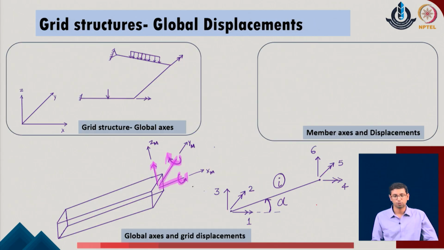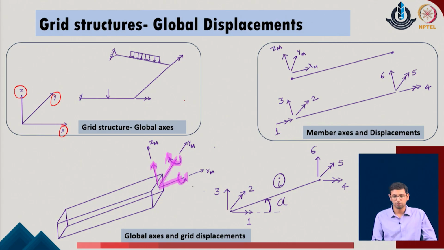Now, as a first point, how do we define these possible changes which are taking place in the system? As we located this as a global axis, global axis means we have this x, y and z which are globally defined for the given structural system, whereas in the individual member coordinates we could have the member axis also. So, if I go to the member axis, these are the possible degrees of freedom which are located as 1, 2 and 3, 4, 5 and 6 in the given system.